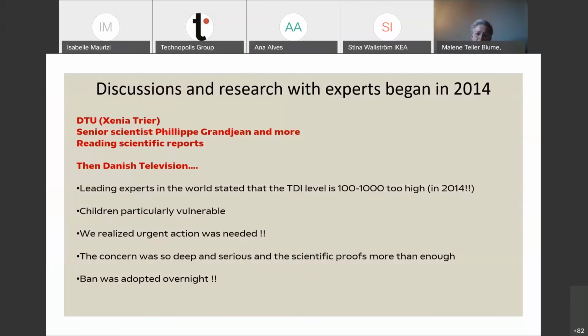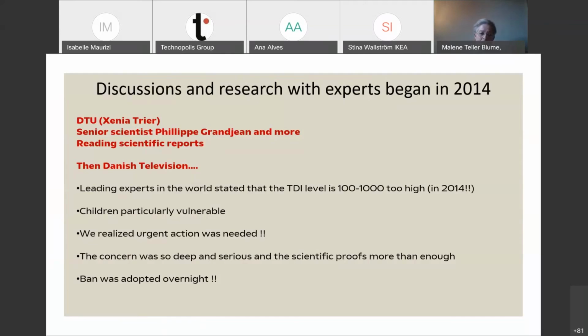Then back in 2014, I had a talk with a scientist here in Denmark. He's one of the world's leading scientists. He said that he was the one who adopted the TDI 10 years ago, and that it may be 100 or more than 1,000 times too high. And he knew that children were particularly vulnerable, and we realized that we had to do something about this.